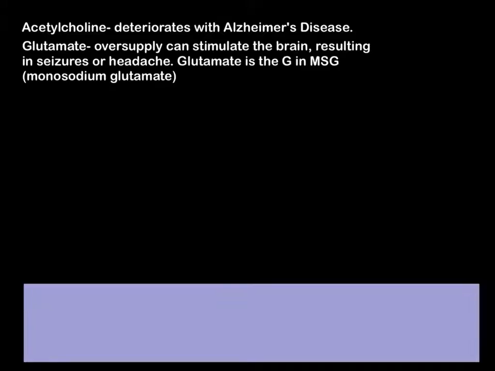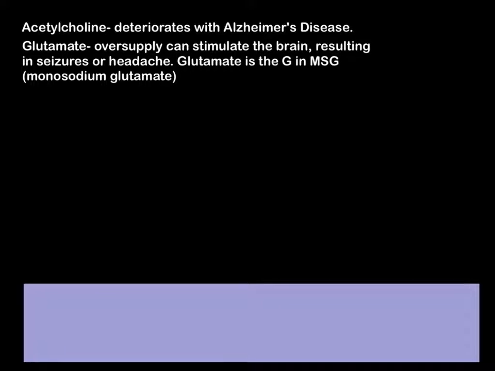First up, we have acetylcholine. So the acetylcholine actually deteriorates with Alzheimer's disease, which I'm sure you're familiar with. It's a degenerative brain disorder. And then we have glutamate, which is actually the G in MSG in the food. It's monosodium glutamate, but that's the G in there. That's where it comes from. So an oversupply can stimulate the brain, resulting in seizures or headache,